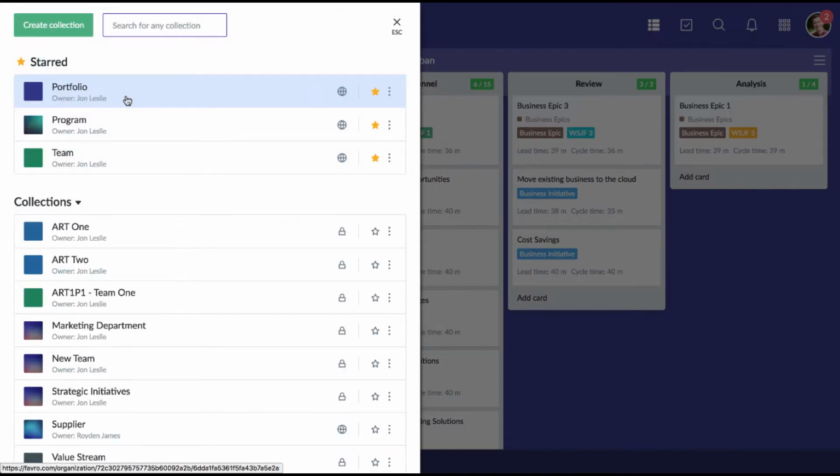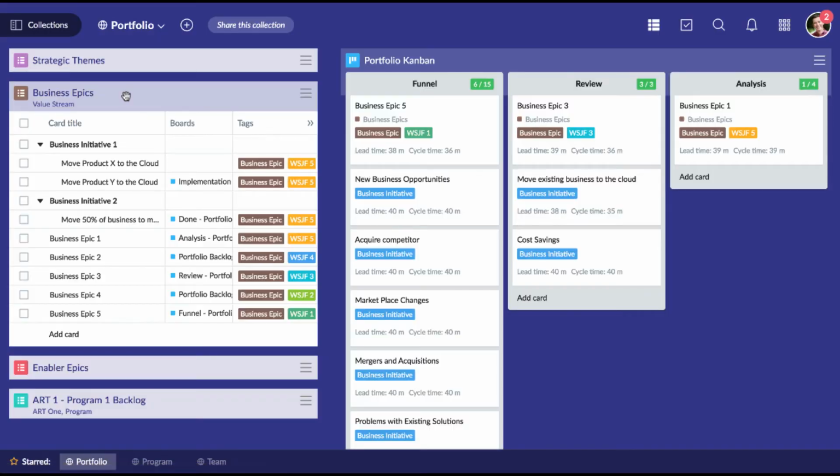Let's begin with this portfolio level collection. Home to portfolio managers and Epic owners, the portfolio level drives the strategy of the enterprise and creates strategic alignment for the program and team levels. It contains the portfolio backlog, which in turn contains business and enabler epics. It also contains the portfolio Kanban, which allows the visualization and management of these portfolio epics from initial idea to